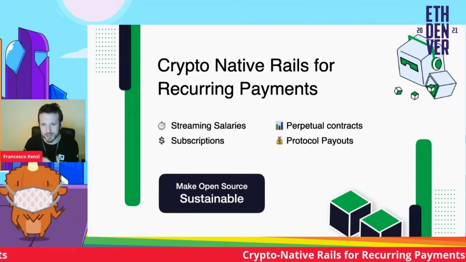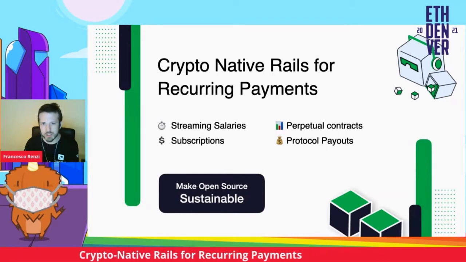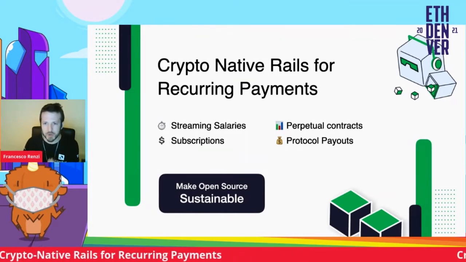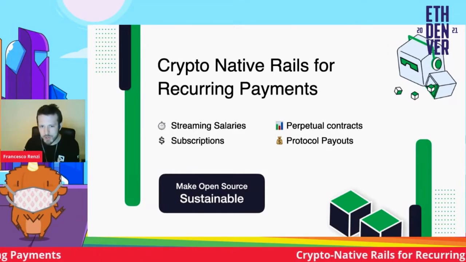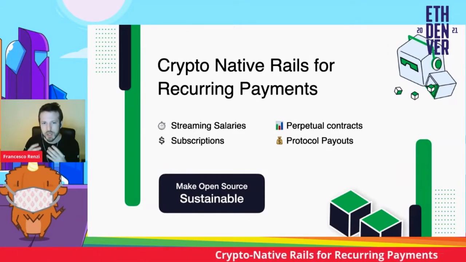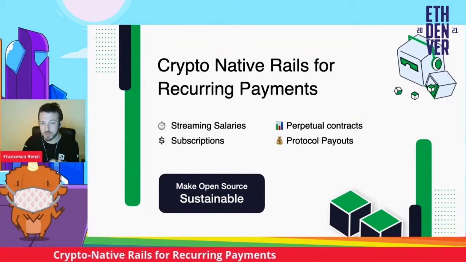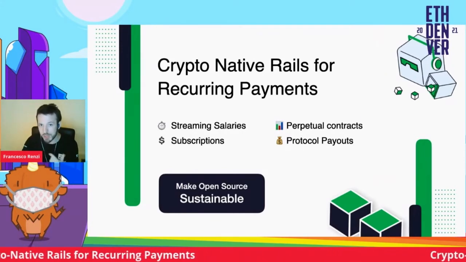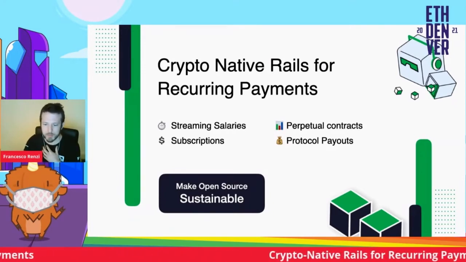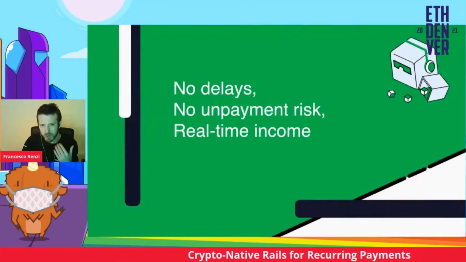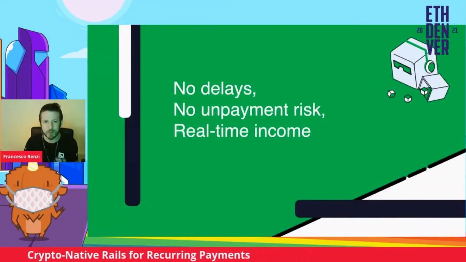You see the Gitcoin grants team every 3 months going out there, soliciting donations, making the case for their projects. And that marketing effort should really yield long-term relationships. So making open source sustainable through subscription services and recurring donations is something that we at Superfluid are very excited about. Now, a couple of extra things you get with streams is the fact that there's no delays in payments,